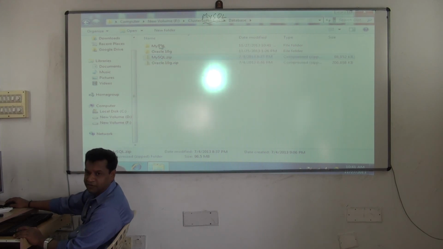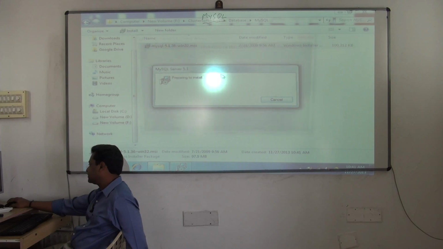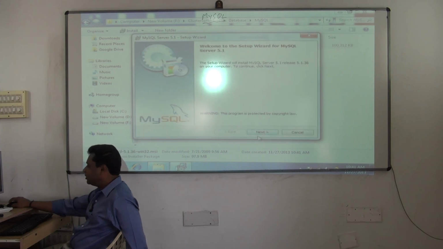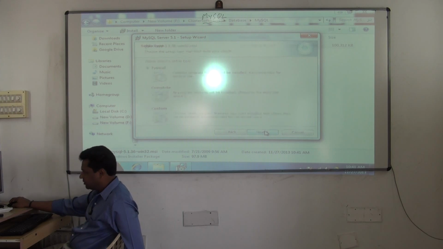There will be one simple file called MySQL. Open it, just double click. You are very good at installation. Continue doing next, the same. Go through all of this. One important screen will come, and I'll tell you what it is. See this, next. Let it be typical itself. Don't change anything here, click next. Where there's a change, I'll tell you. Click next here also.